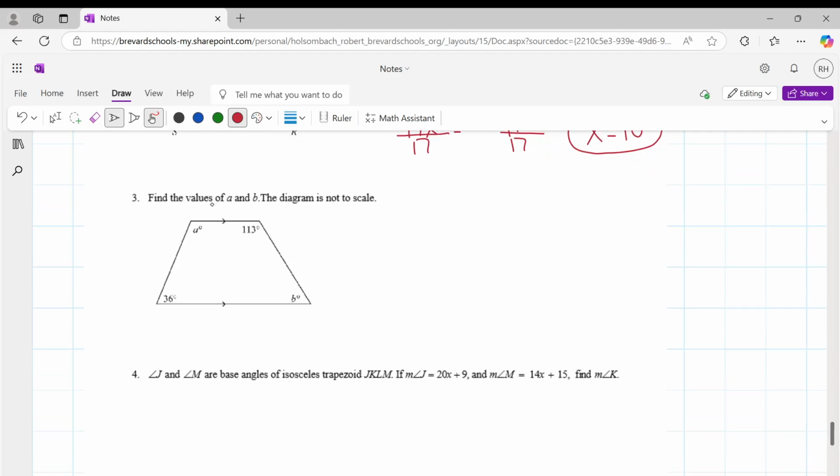All right, problem number 3 asks you to find the values of A and B. And we've got a trapezoid here. All right. So it's a trapezoid because it's got two parallel sides. Now, if we were to extend this top of the trapezoid, and the bottom, and then if we extend this left side, and we extend the right side,